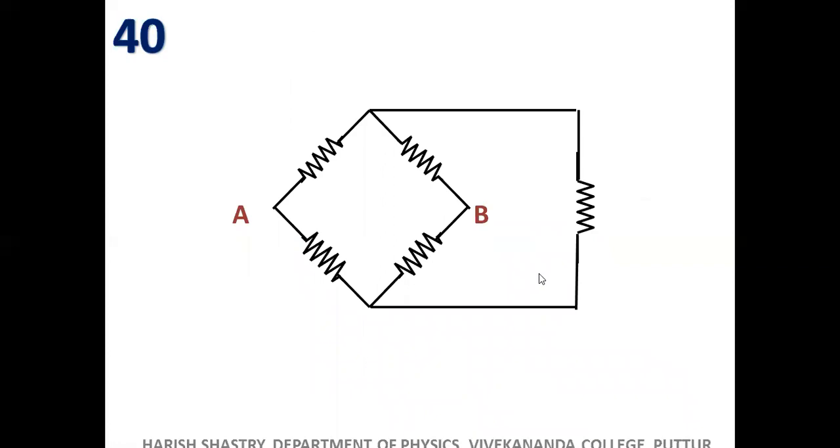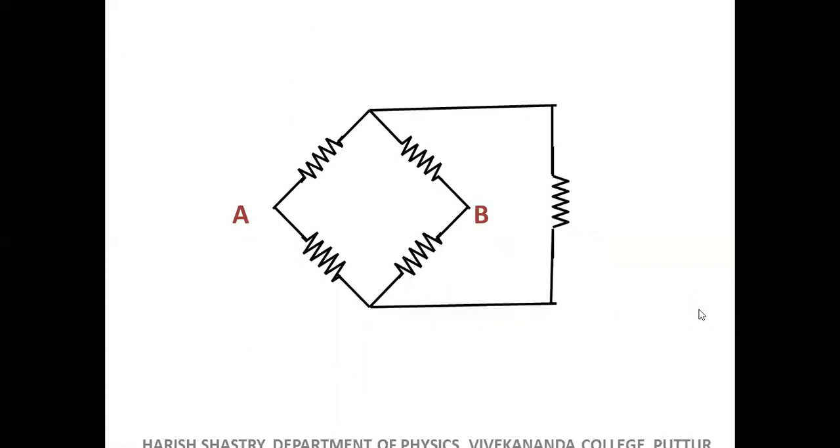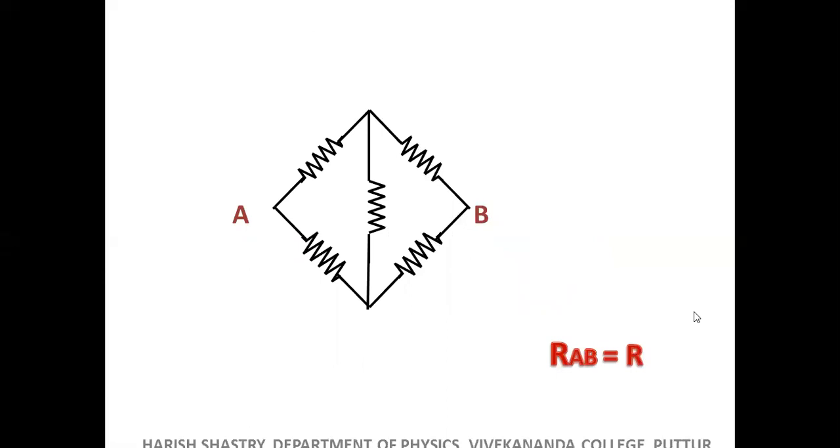40th one. Now this is a very simple circuit to you. You will definitely come to know that it's a Wheatstone's network, because they have simply tried to misguide us by taking this resistance directly here, just pulling it out. They have pulled it out, that's all. Just stand here, pull this wire. Stand here, pull this wire. The resistance comes here. R_AB equals R. These types of misguiding are not enough for us now, because we have already trained with so many circuits. They can't fool us so easily.